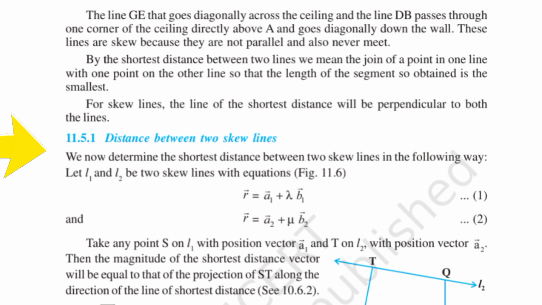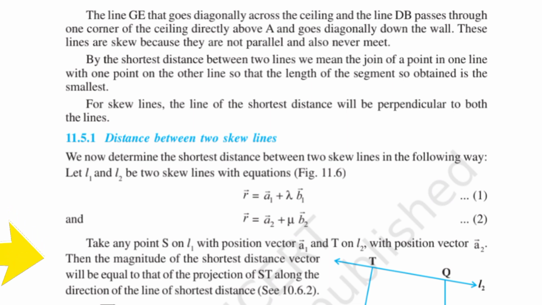We now determine the shortest distance between two skew lines in the following way. Let L1 and L2 be two skew lines with equations, Figure 11.6: r vector is equal to a1 vector plus lambda b1 vector, Equation 1. r vector is equal to a2 vector plus mu b2 vector, Equation 2. Take any point S on L1 with position vector a1 and T on L2 with position vector a2. Then the magnitude